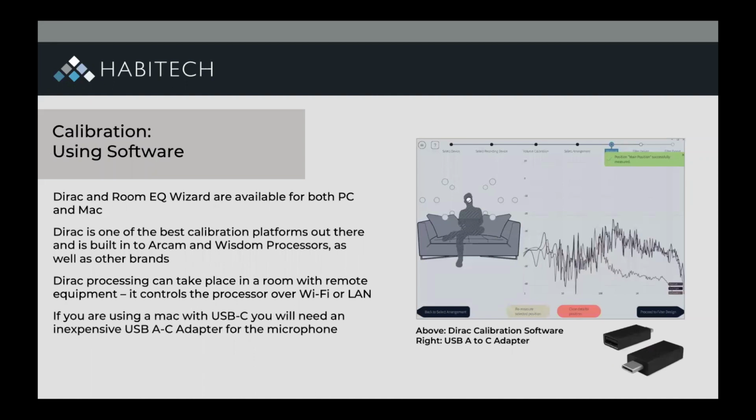Dirac and Room EQ Wizard are both available for PC and Mac, and Dirac is pretty much the best calibration platform out there. It's built into Arcam and Wisdom processors. It's also built into many other brands. Just so that you understand, Dirac is a bit like Dolby. They don't make any products. They make software and sound